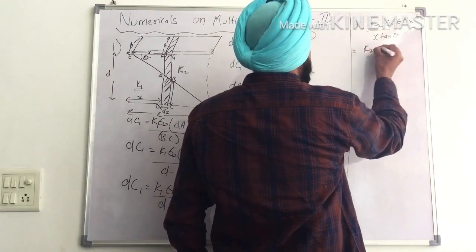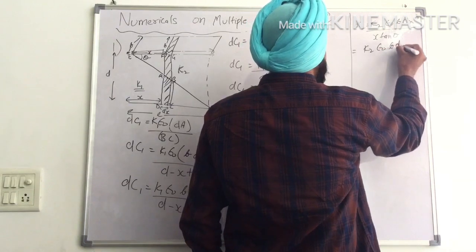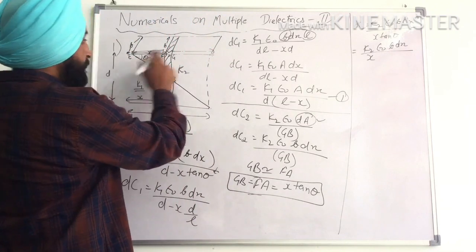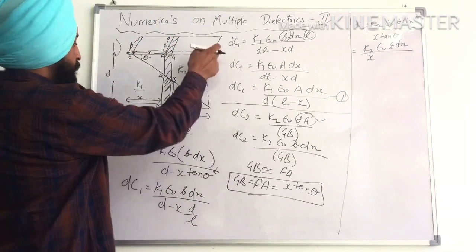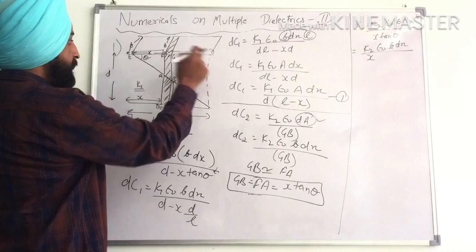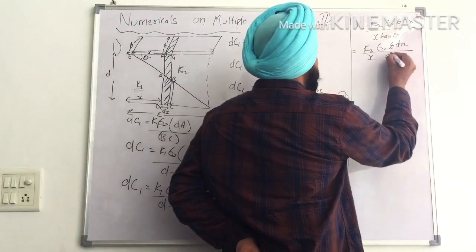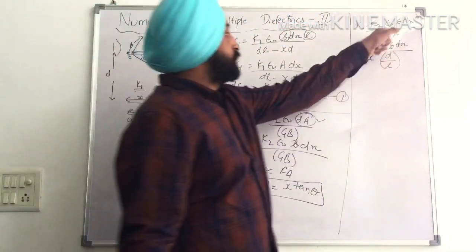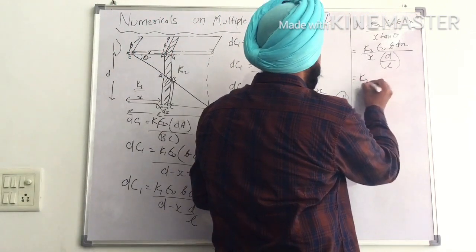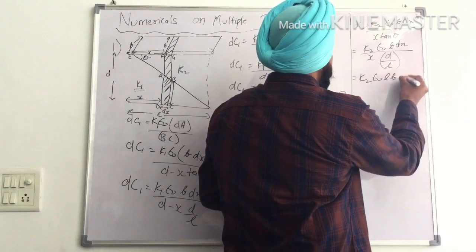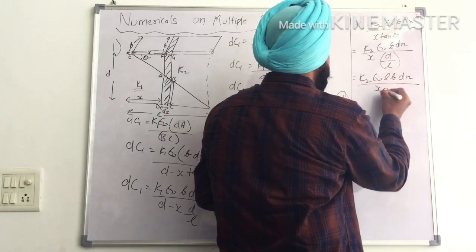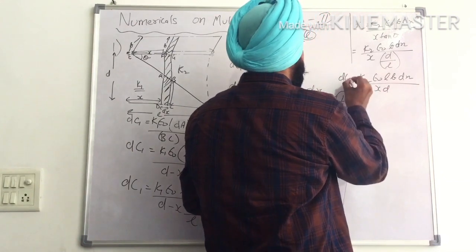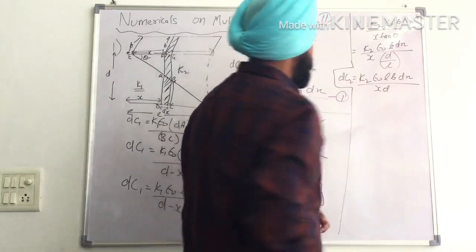Similarly, if I substitute the value of tan theta over here, tan theta is equal to the perpendicular over the base, that was equal to D by L. So I can simply write it as D by L. So L will go in the denominator, divided by XD. So this is what we will get as the value of the small capacitance of the second.